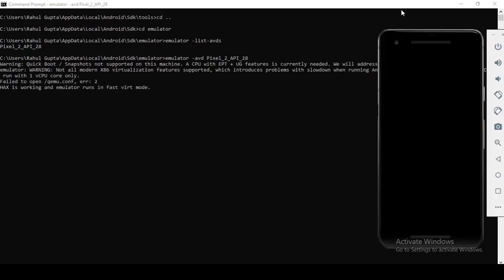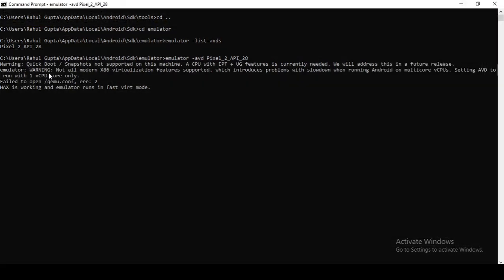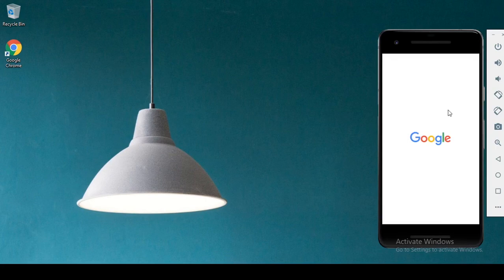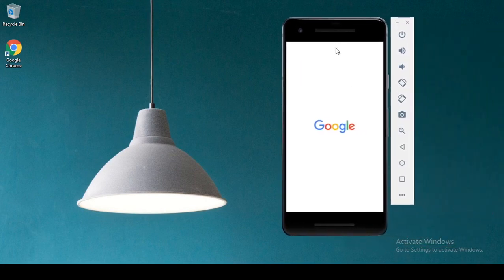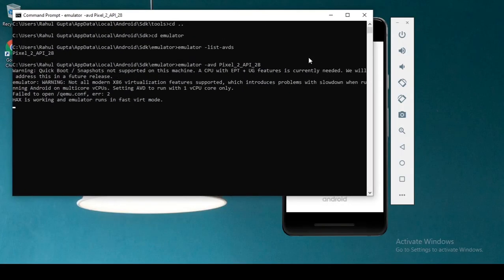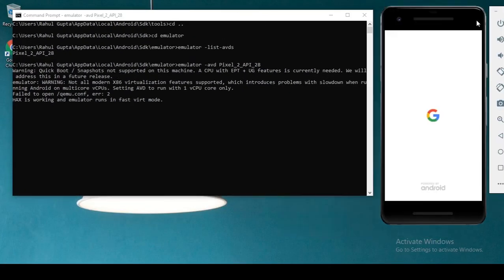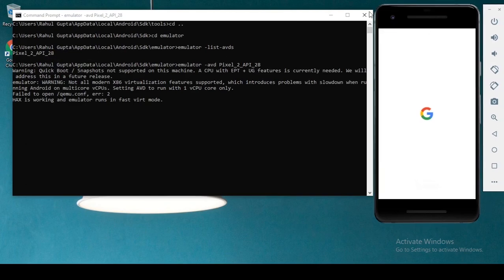In my case, some error, but don't worry, in your case it will not appear. I am using an older version of the Pixel 2, so that's why it's showing this error. You can see the emulator is started. And if you cancel this terminal, it will automatically terminate the Android emulator.